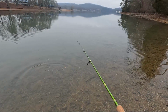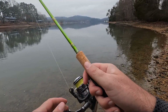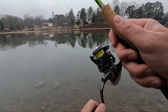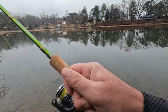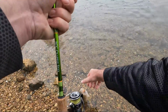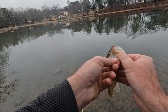I was heading to another ramp and I looked over here and there's a little pull off, and I was like, let me just swing in there because I saw this little channel. But I've already found a lot more than I thought I was gonna find here. There we go, what we got here. Whatever it is, it's a fighter. Man, these largemouth are fired up. I can't believe that they're hitting like this. It's giving me a lot of hope for tomorrow. And it's giving me a fun time today on this